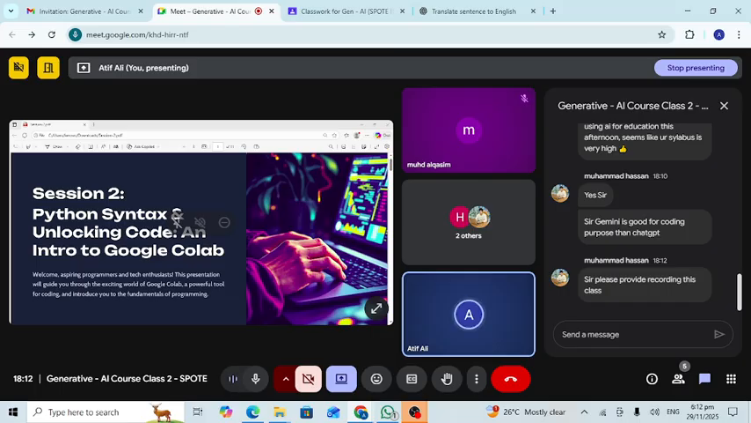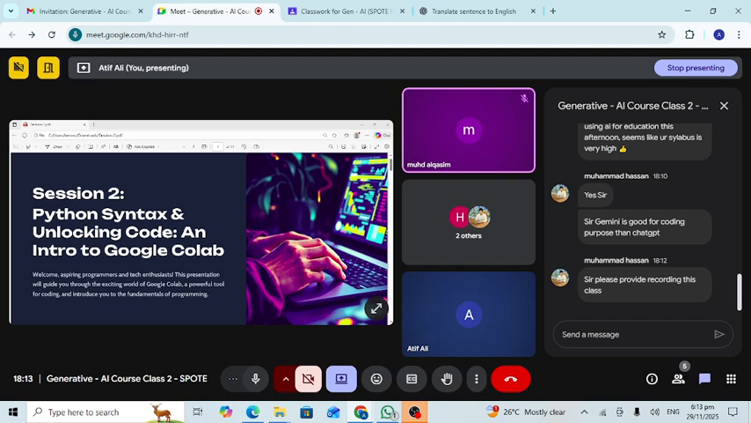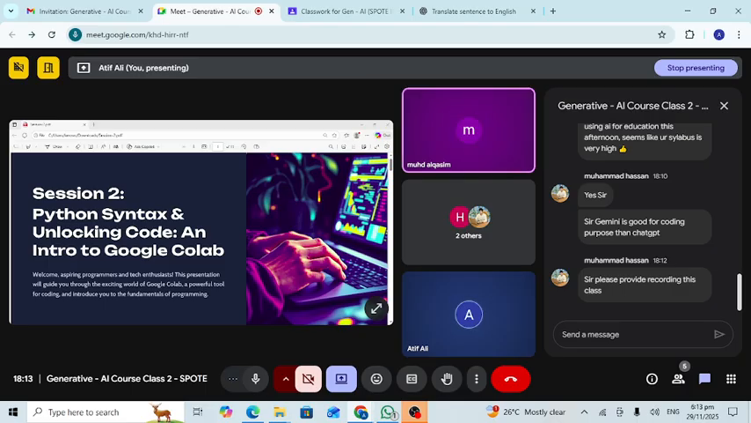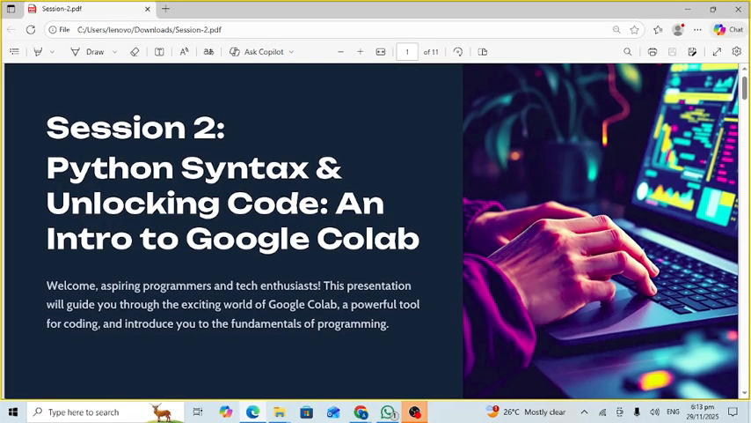So let's start the presentation. Our today's topic is the introduction to the syntax of Python, unlocking the code, and an introduction to Google Colab. So first of all, am I audible? Very clear. Good. Okay. Is my screen visible? Yes, clear. Okay. So let's start from this session 2, Python syntax and unlocking the code, and introduction to